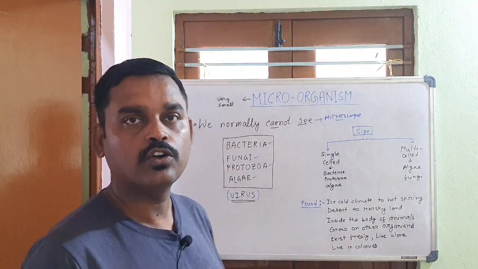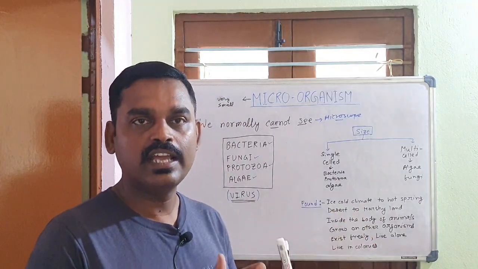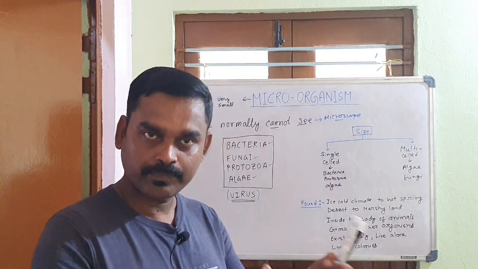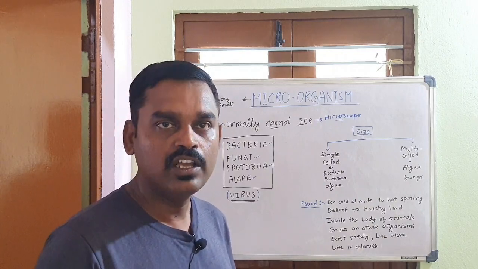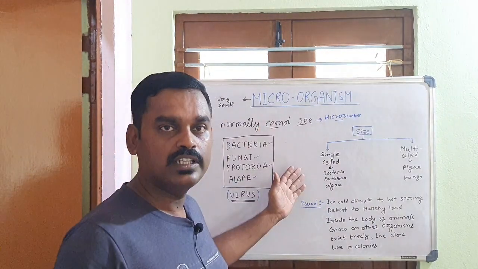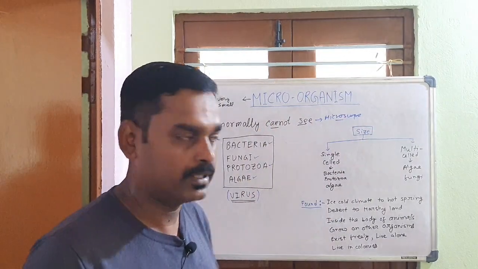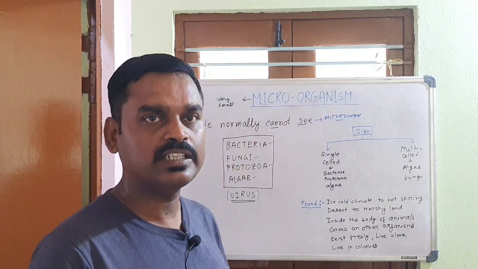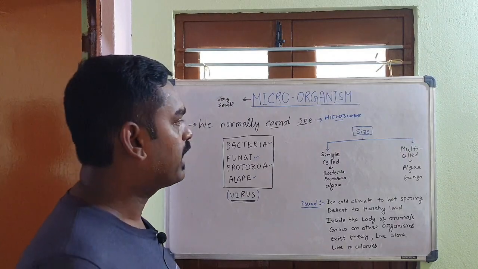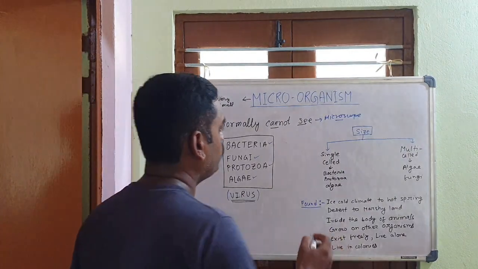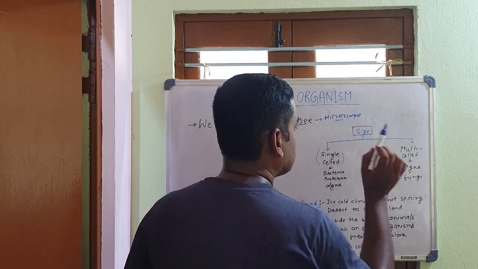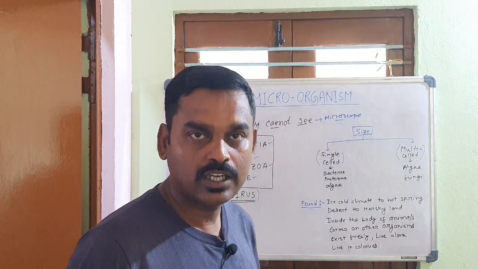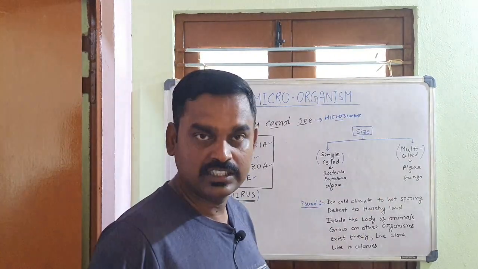Some of these microorganisms can cause disease in our body, and some of the microorganisms are beneficial for our normal lifestyle, for our living. We will discuss this harmfulness or benefit in the latter part of the chapter. Now after that, let's talk about the shape of the microorganism. All the microorganisms are classified into two major groups. Some microorganisms are single celled, some are multi-celled. So single celled microorganism is called unicellular and multi-celled microorganism is called multicellular.